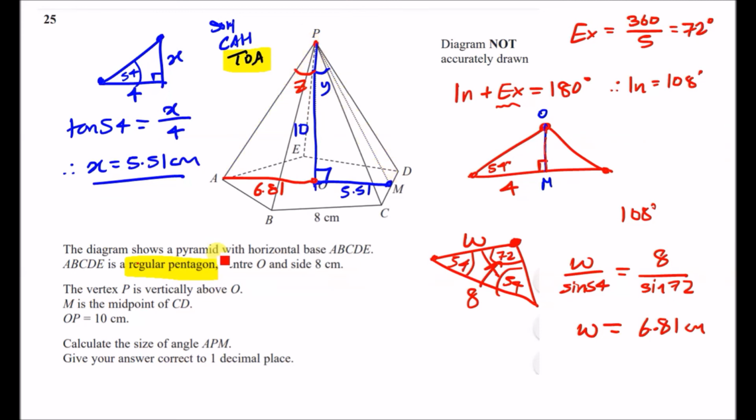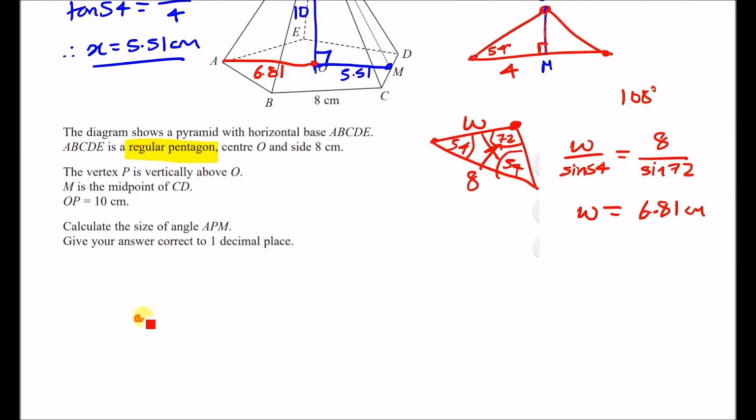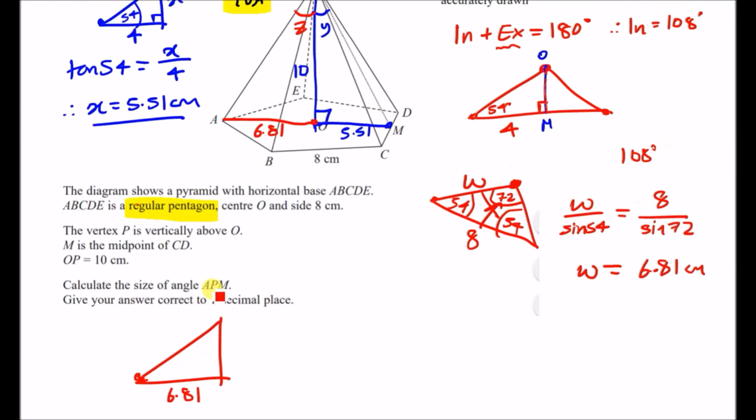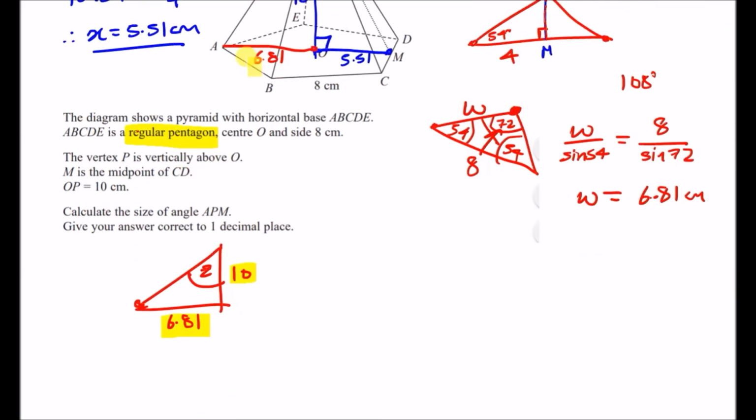Now, I think I need some extra space there, don't I? Let me just scroll down a bit. So this is the current shape we have here: 6.81 here, angle Z, and length 10. Looking at this carefully, we have an opposite and adjacent, so according to SOHCAHTOA, it has to be TOA again. So tan of the angle Z must equal the opposite over the adjacent. Then evaluating this using the tan inverse function, you should get